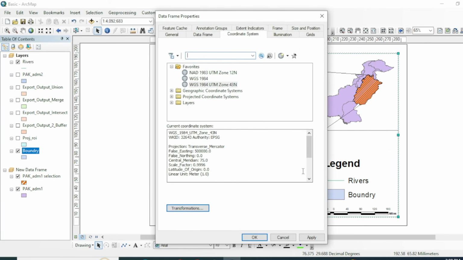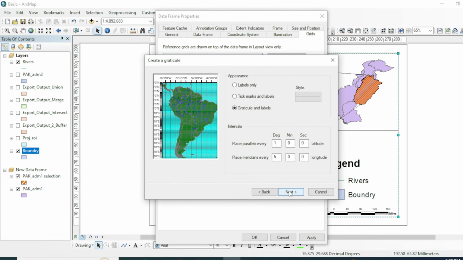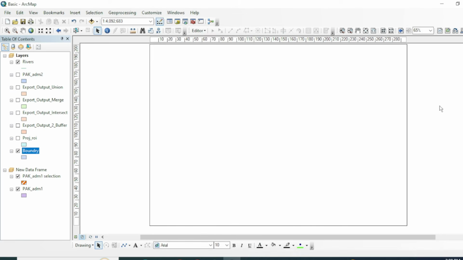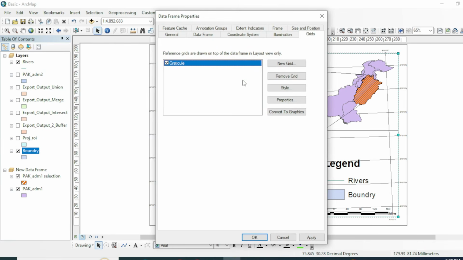Okay, now we will add coordinates in our frame. Go to its properties and go to grids, add new grids and graticules. Next, finish. Okay, now you can see that these graticules are inside our layout, and if you don't want these grids or graticules inside our frame, then again go to its properties, and this time go to the properties of this graticules